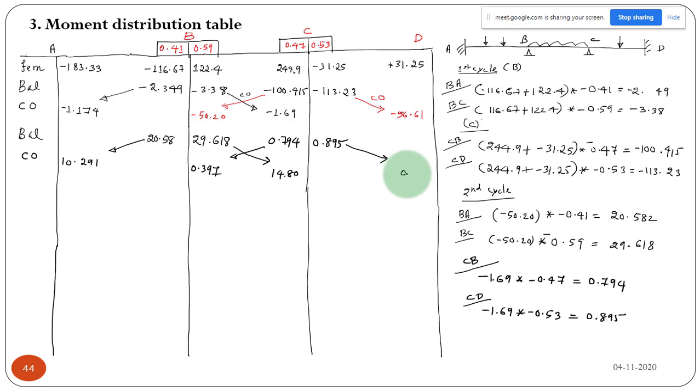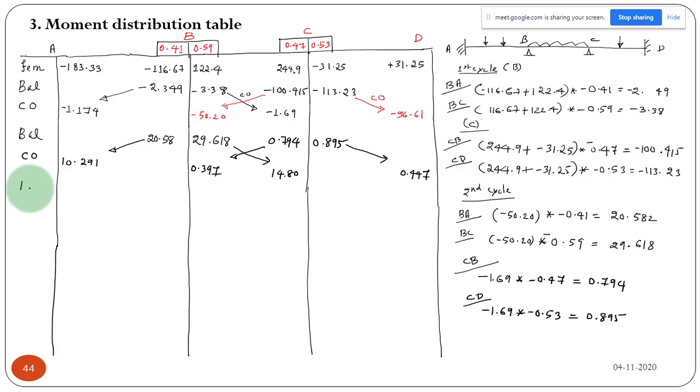So from now onwards we are repeating the first cycle what we have done, the same thing you have to do in the second cycle. Okay, only the values are changing. So now again some additional moment came. This 50 we balanced here. See, this 50 minus 50 I have balanced in this step, but some additional moment came from the far end. So this is your unbalanced moment for the third cycle. Until these values become negligibly small, 0.012 something like that, you have to repeat the cycle. So the second cycle is also not sufficient. In joint C, we have a 14.8 unbalanced moment, so you have to go for the third cycle again for balancing.